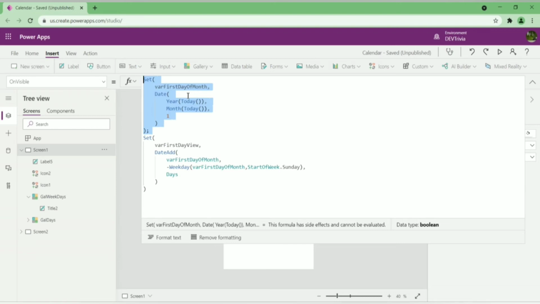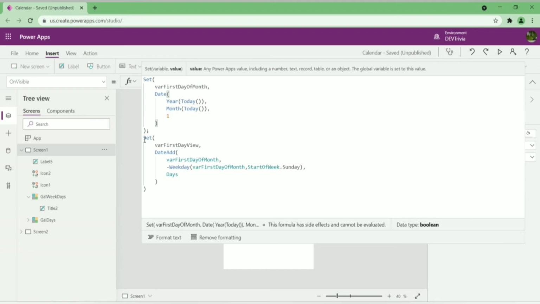The first day of May is Saturday, but a calendar starts from Sunday. So we need to get the date that was there on Sunday for that week. The next thing we are going to do is calculate the date for Sunday, that is, the first day of the week for the calendar. To store this, we need to create another variable.